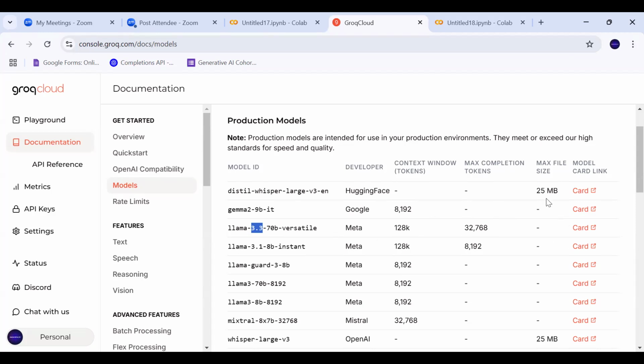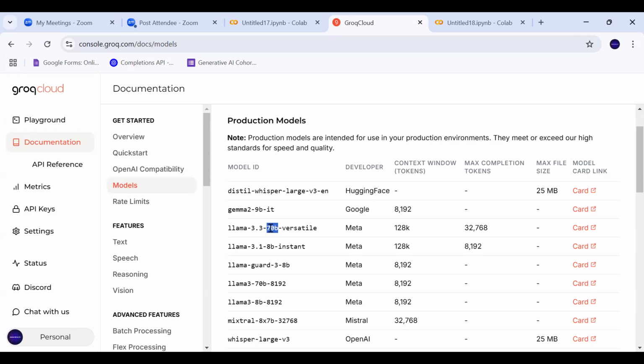Okay, so here 70B means 70 billion parameters. No, this 70 billion is something else. It has nothing to do with your context window, input or output tokens. This is the number of parameters in your neural network. When this model was trained, it had 70 billion parameters. In the neural network, we have an input layer, output layer, some hidden layers, and each hidden layer has some neurons which have some weights and all those. So these are the number of those weights, the number of those parameters.